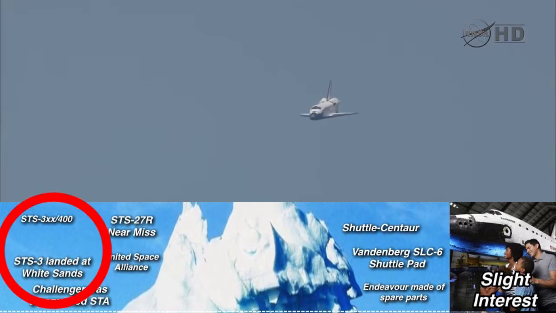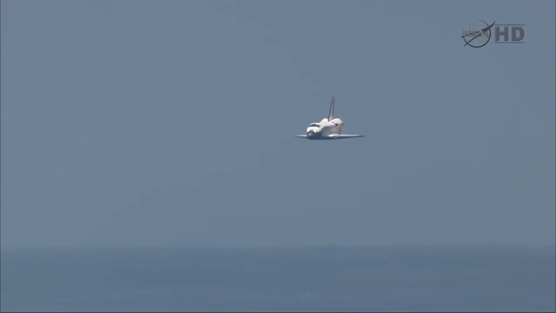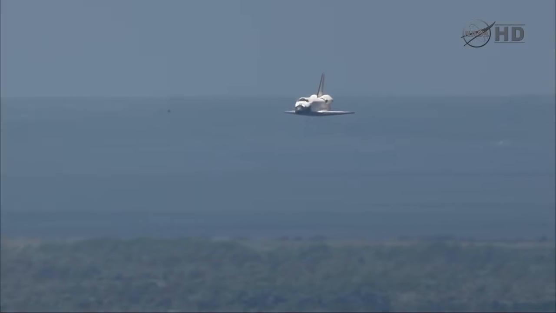The STS-3 White Sands landing. Some may know that the Space Shuttle almost exclusively used two runways for its landings, one at the Kennedy Space Center in Florida,